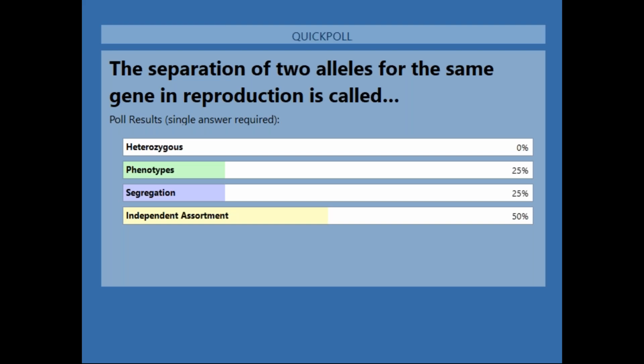Okay, so I think you can see the answers, and again, I have no idea who answered what. Half of you said independent assortment, 25% said phenotypes and 25% said segregation. So that tells me we need to go back to that term. Make sure we're sharing the screen still. Okay, so the term for that